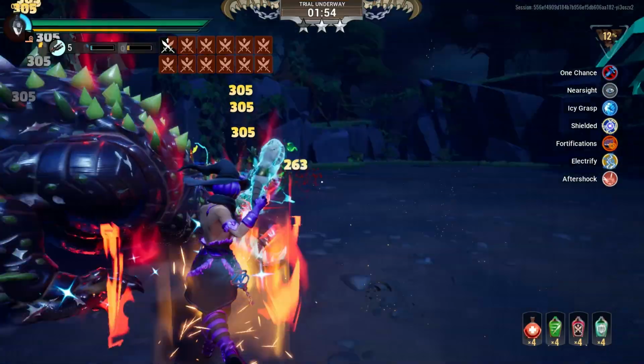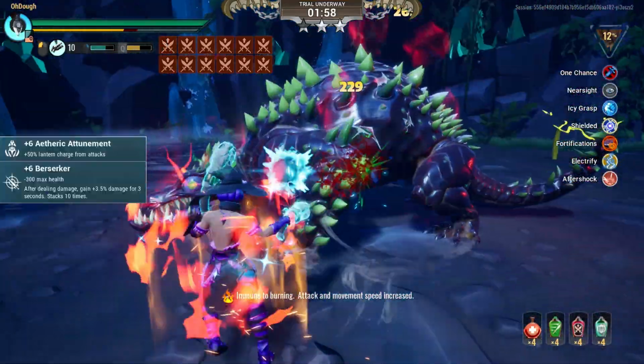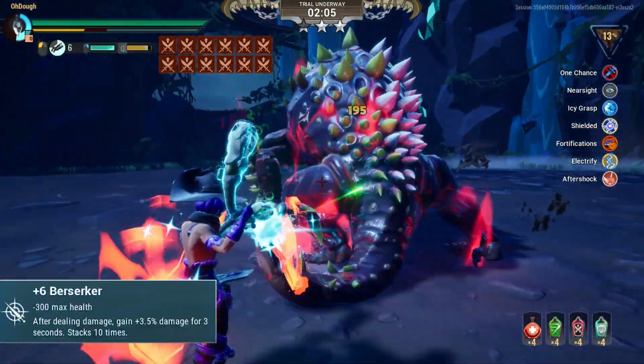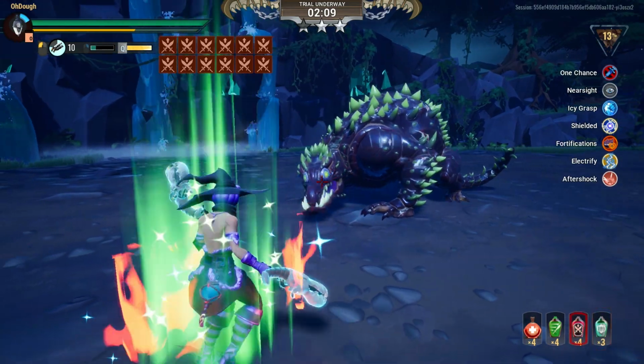But anyway, for the perks of this build, we're going to have +6 Aetheric Attunement, Berserker, Conduit, Molten, and Predator with a +3 Fleet-Footed. Now I will explain the Berserker Cell. This is a new cell. So I have a video on the cells if you want to watch that, but regardless, the Berserker Cell has